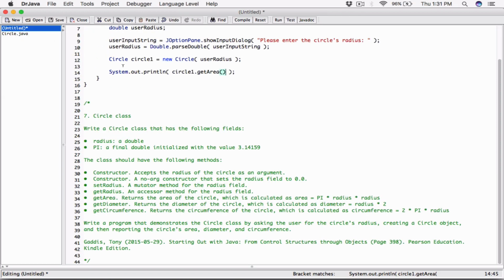You know what? Let's just use one System.out.println statement. So what we've done is we've created a circle and given it a radius. We want to see the area of that circle. Also, we want to see... So let's make this look nice and create a string here and say area is going to be equal to